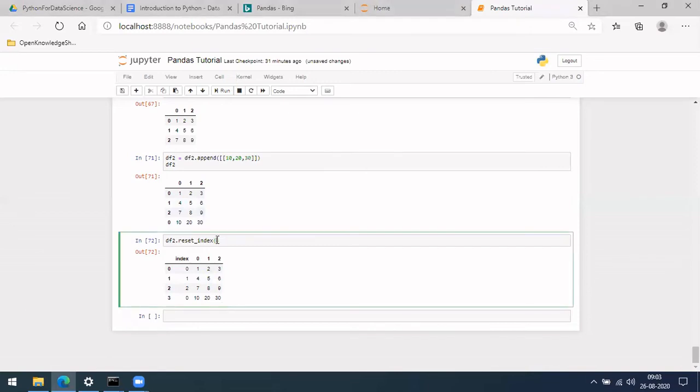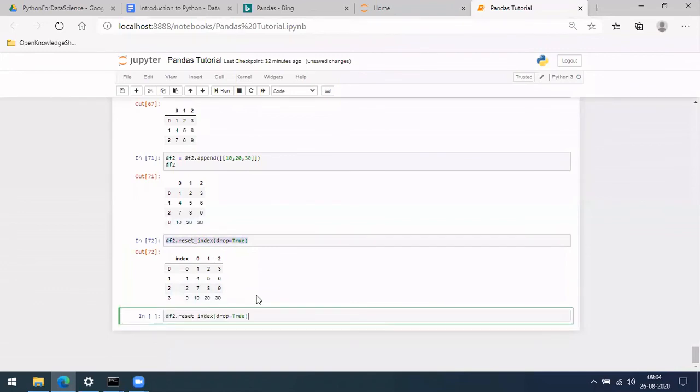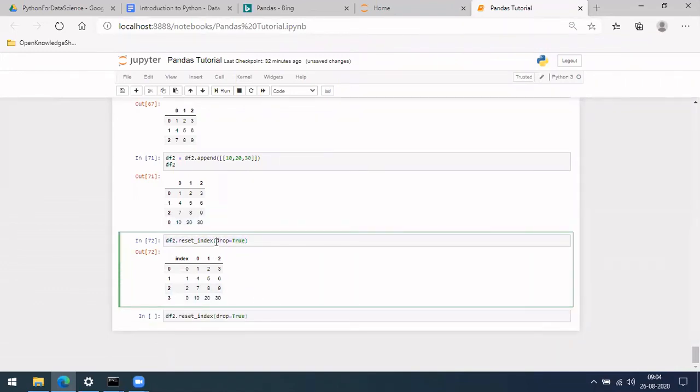So what you can do is drop equal to True. Let me do it here. I did not change anything.